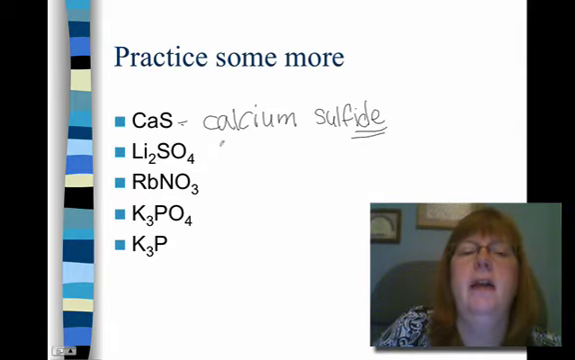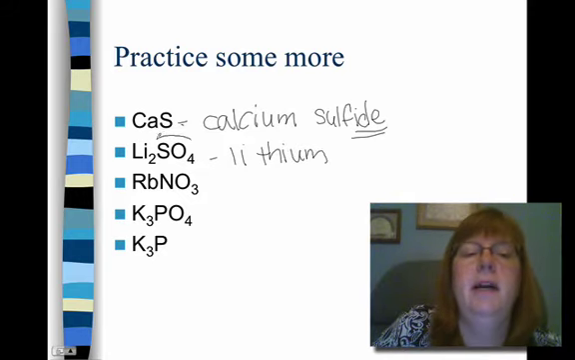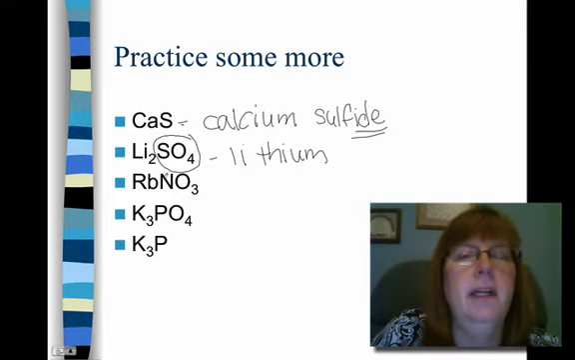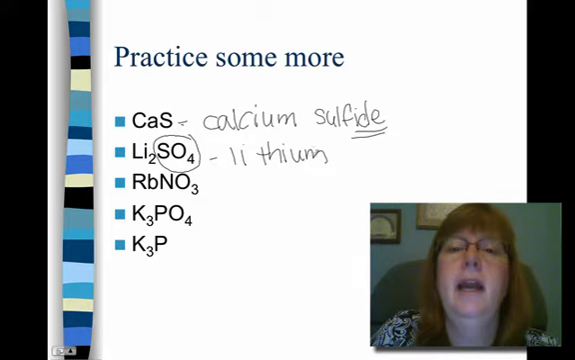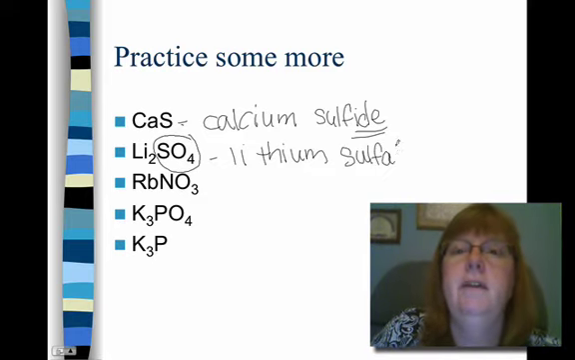Sulfide. Okay. This is lithium. Oh my goodness, this is a polyatomic ion. It's more than one non-metallic atom. It's a polyatomic ion. We're going to have to recognize them and remember them. So if you want to get out your sheet for now,